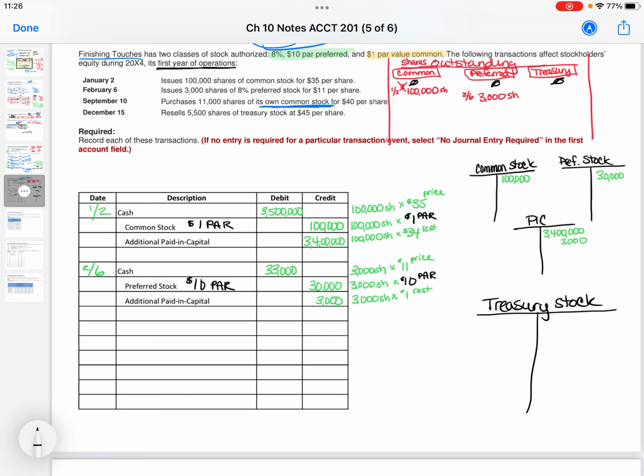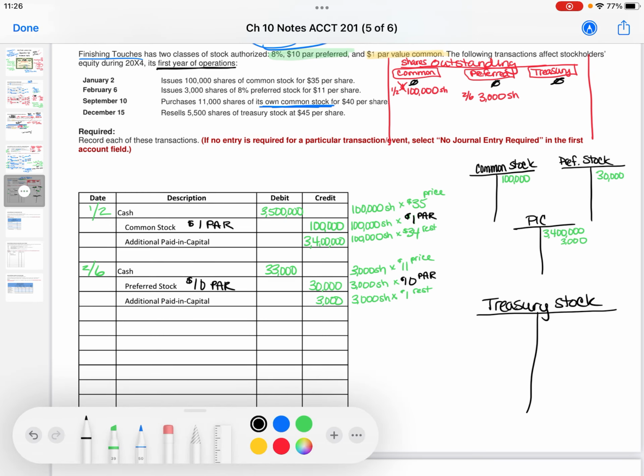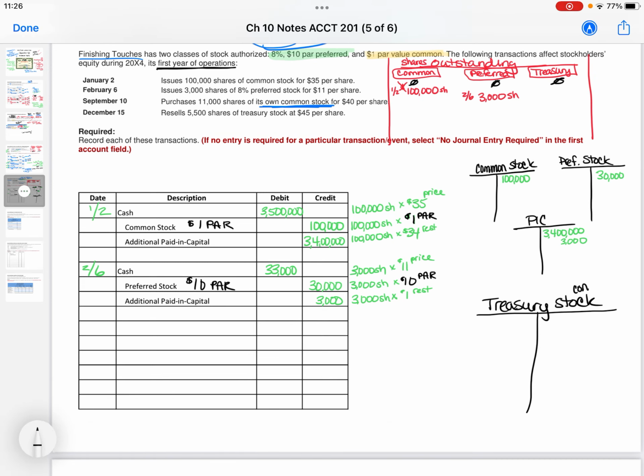And it's called treasury stock because once you buy it, the piece of paper then goes into your treasury. You actually keep it. What's important about treasury stock is what goes in it must come out. Oh, and I forgot to tell you, it is an equity account, but it's a contra equity. So that means it's going to have a normal debit balance.